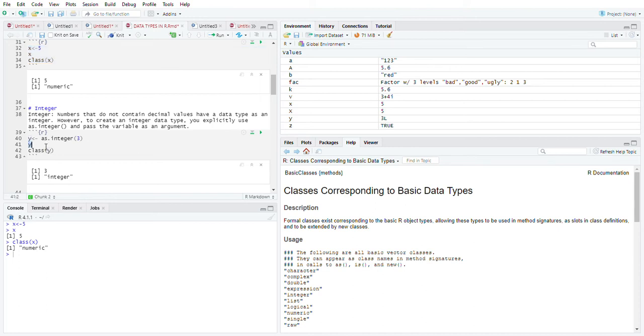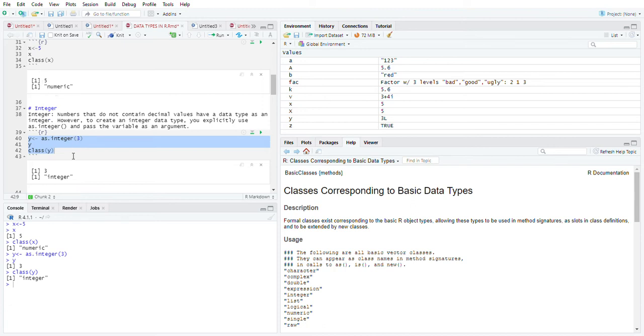This is what we'll have as an output: the value 3 which was assigned to y, and its class will be integer. In this case, 3 is not numeric because we used the as.integer function. This function converted the value 3 from being